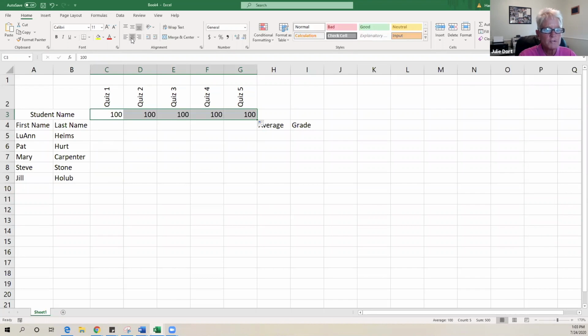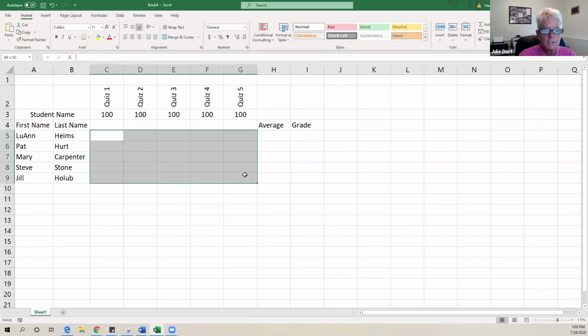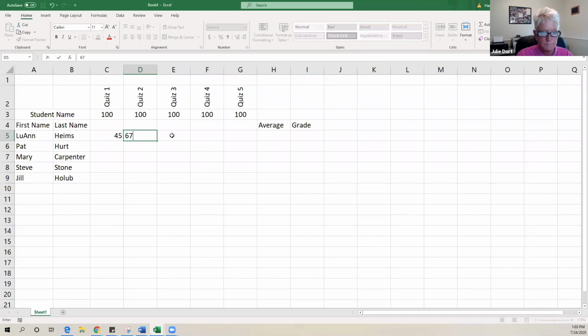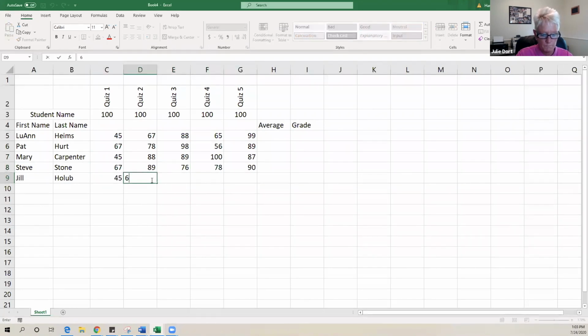And for sake of the demonstration, I'm just going to go ahead and randomly put in numbers between 0 and 100 from C4 down to G9. Okay, as soon as I get these in, the next thing we're going to do is we are going to